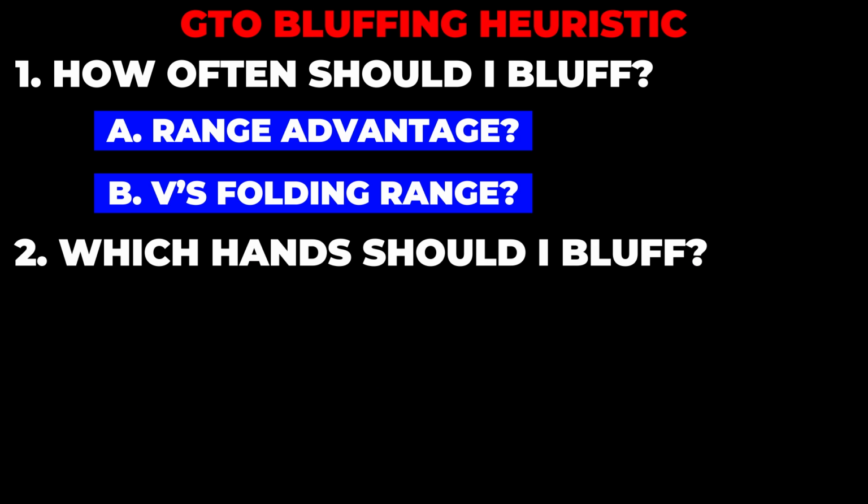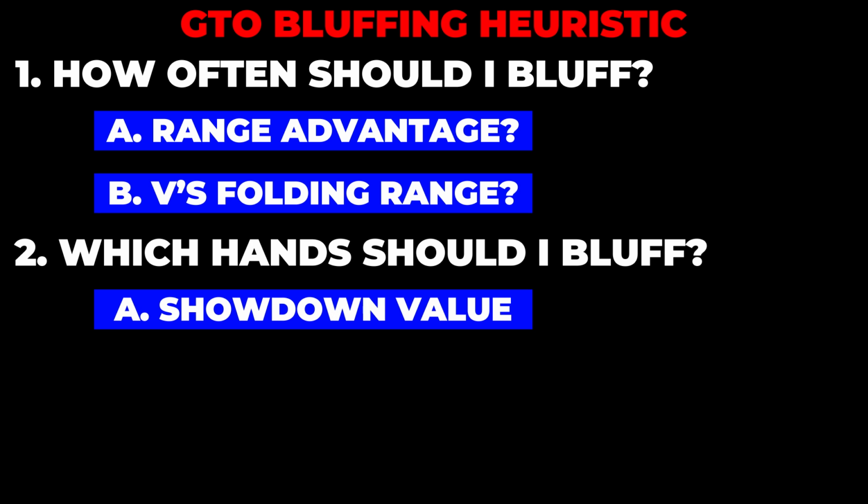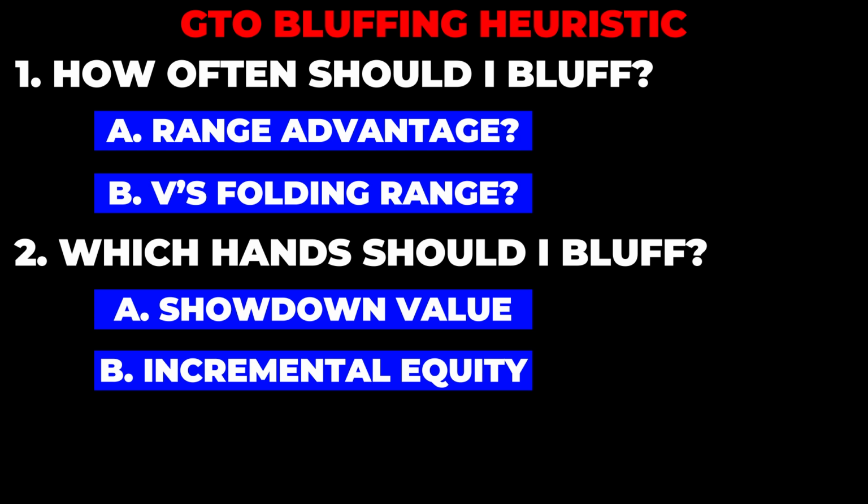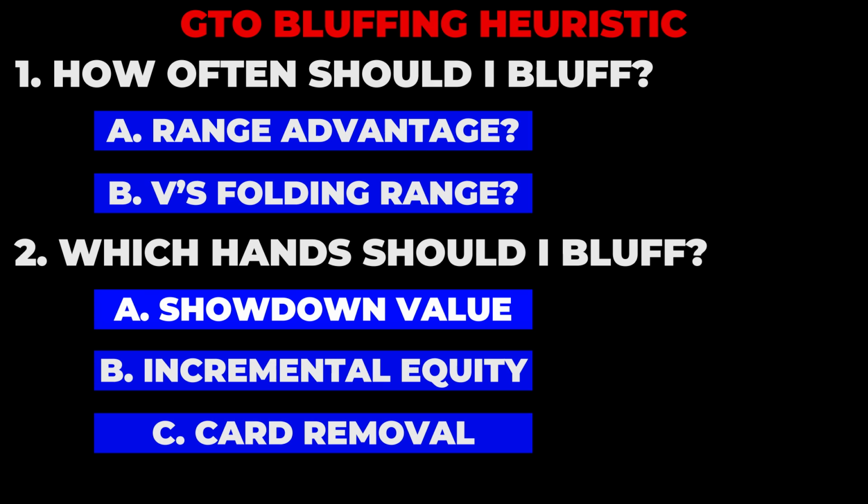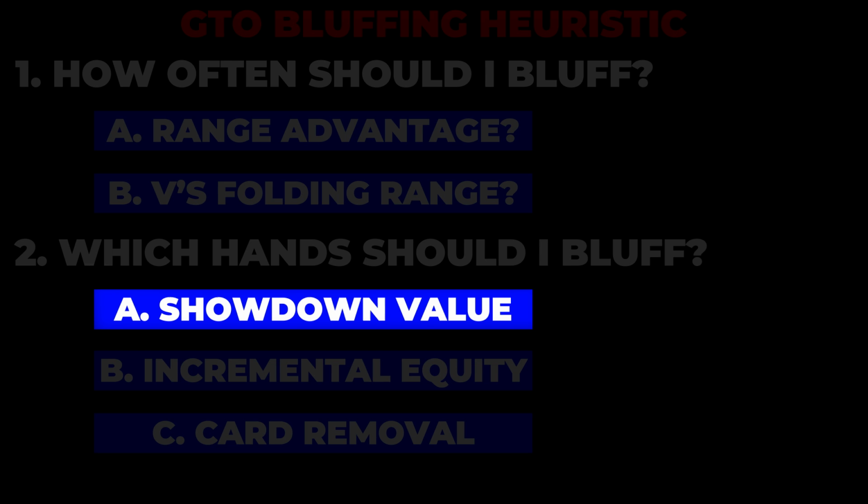our specific holding based on its specific characteristics, and there are 3 primary factors that should be influencing this decision from a GTO perspective. 1. Showdown value, 2. Incremental equity, and 3. Card removal. Showdown value generally refers to the likelihood of our holding winning the pot, assuming that the game ends